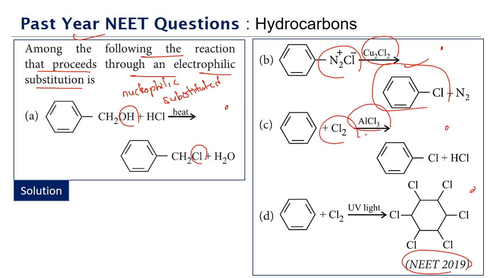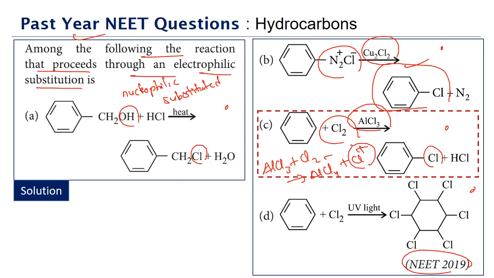This is our halogenation. So the benzene is going to get substituted with a chlorine in place of hydrogen, and this follows... So AlCl3, when it is reacting with Cl2, will be forming AlCl4 minus, because AlCl3 has Lewis acid nature, and Cl plus. The Cl plus is what is going to be substituting the hydrogen position of the benzene. So this is the one that is going to follow the electrophilic substitution mechanism.